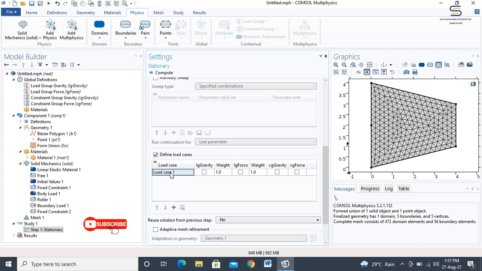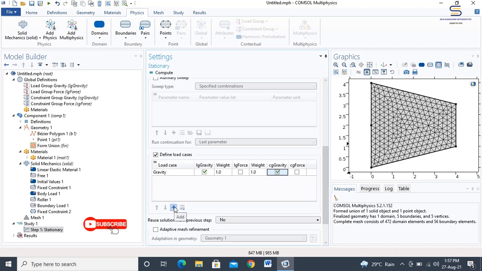Change the name of the load case 1 to gravity. By double clicking on them, the entire screen will go into edit mode. And then choose SG gravity and CG gravity.